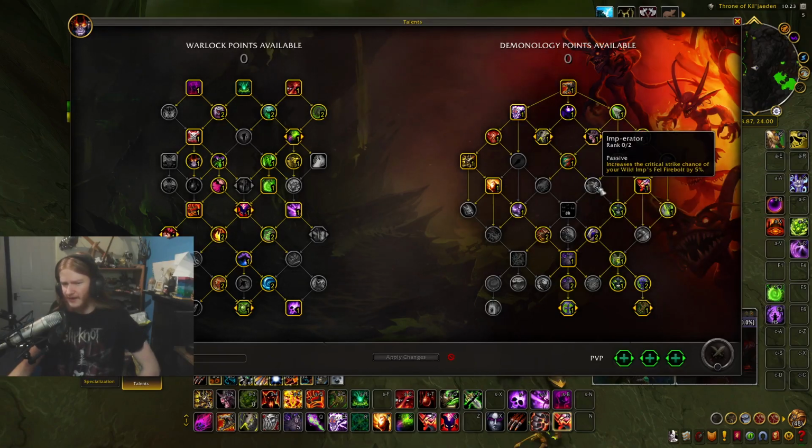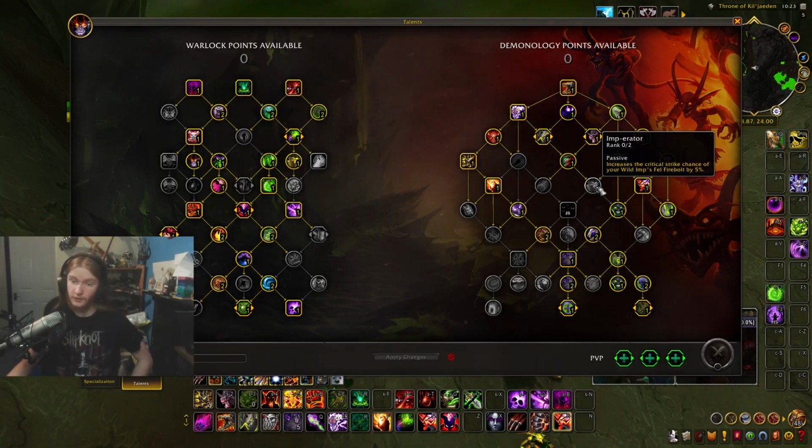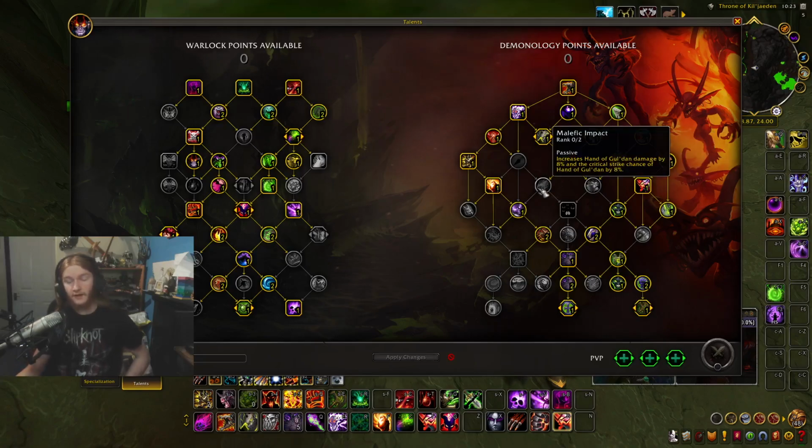What would I replace it with, though? It's a really good question. If I'm honest, I would replace this with maybe a flat damage increase to Vile Fiends. I think that would be a lot more interesting than seeing Imps dominate your meters. And then the Hand of Gul'dan damage is actually quite cool. I like the fact that...